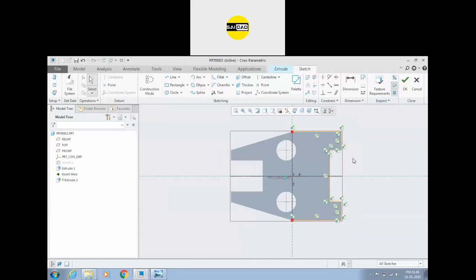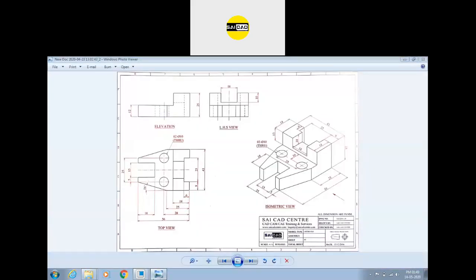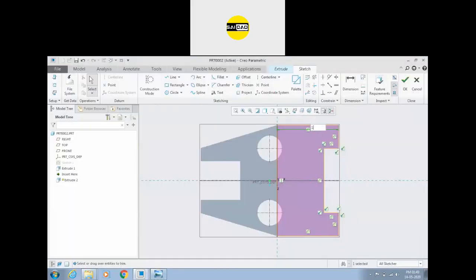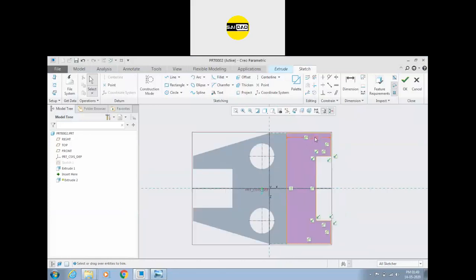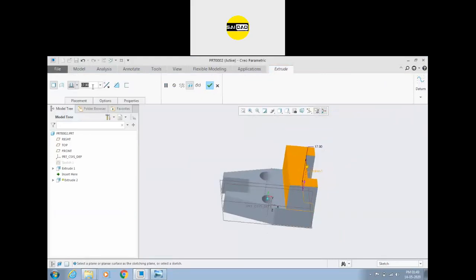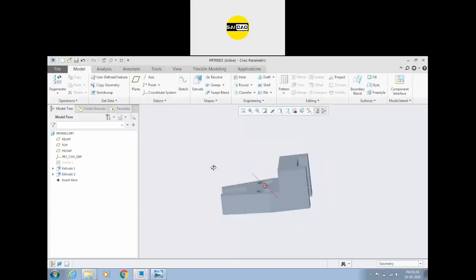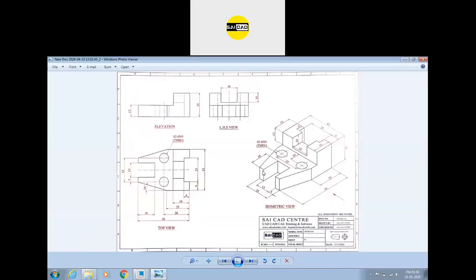Okay, so I have projected this shape. I need a line here somewhere like this. Okay, so I need to trim out these objects, and the distance is 25. The distance is 18, sorry. So just double click here and enter the distance to 18. Okay, so extrude it up to the value of 30, and now you can see this is completed like this. Okay, so we get the rough shape.